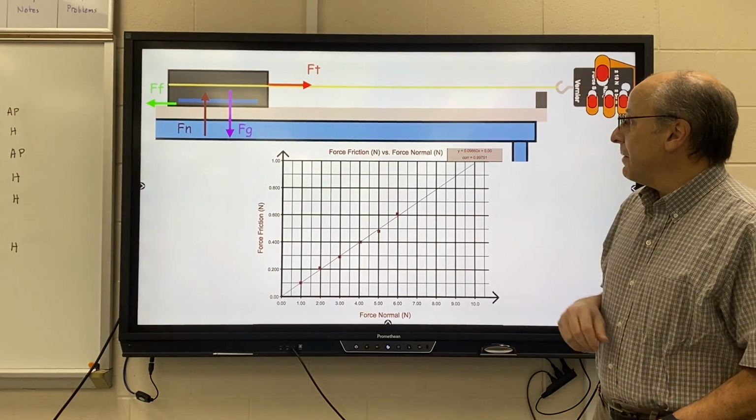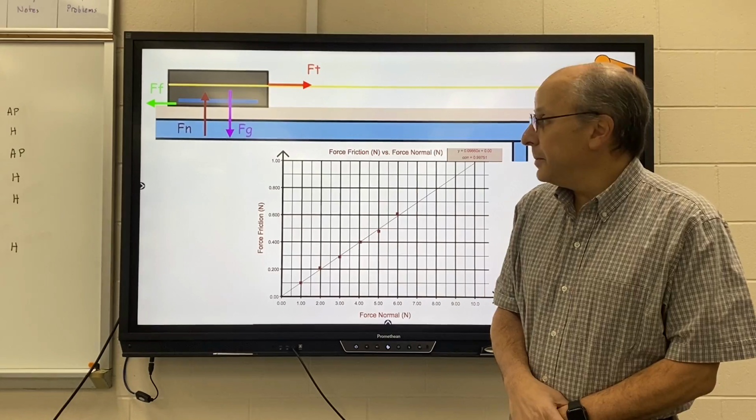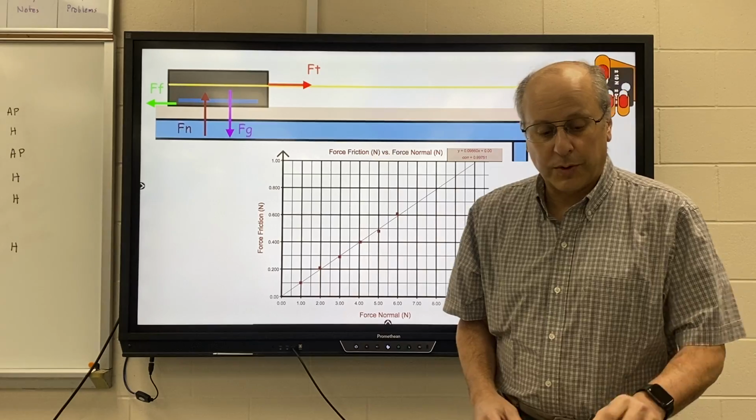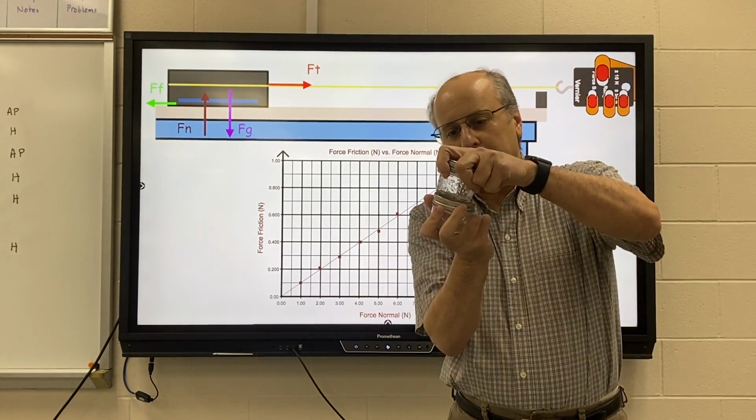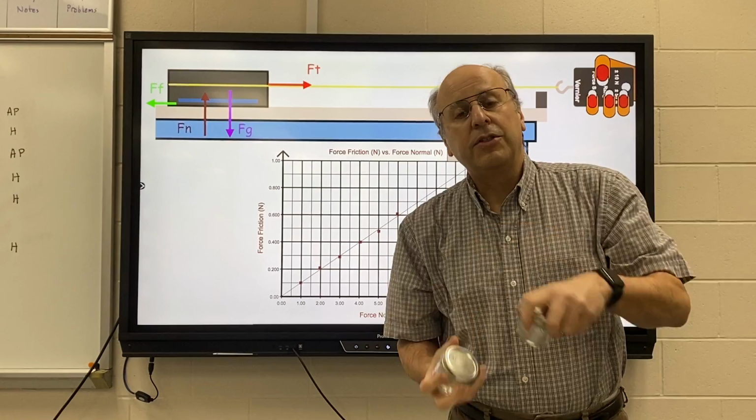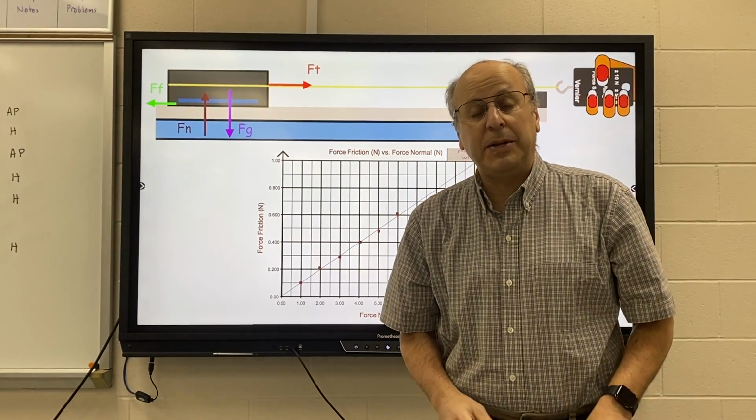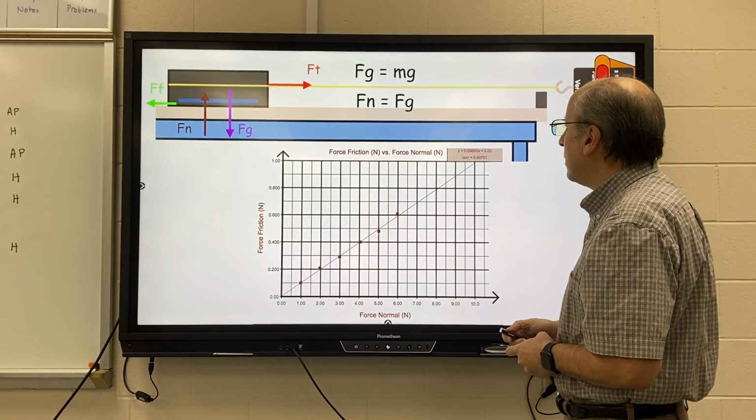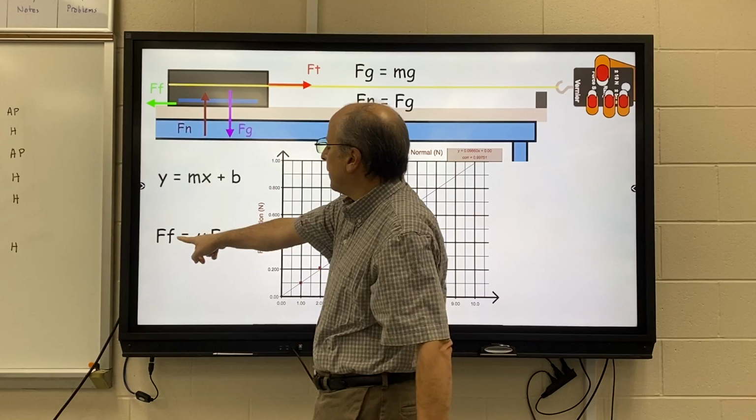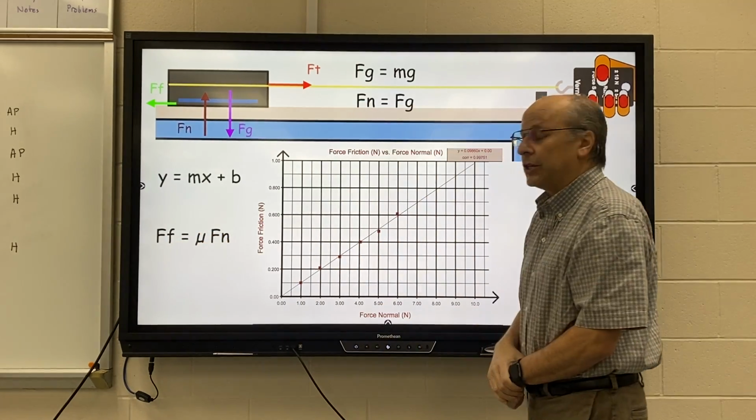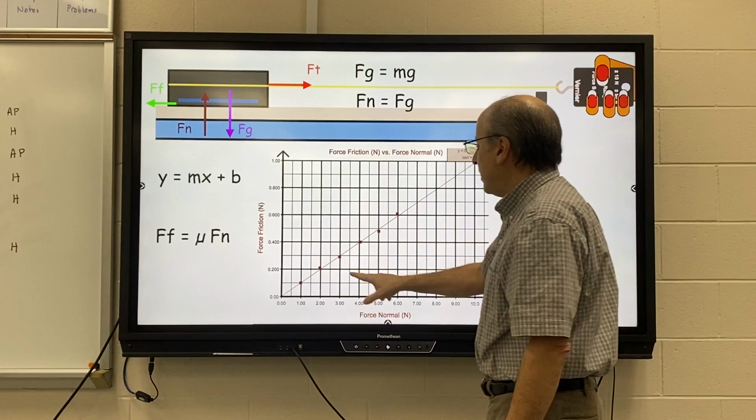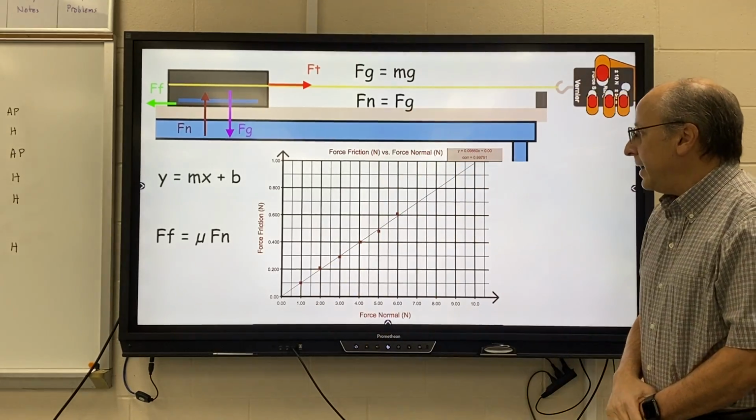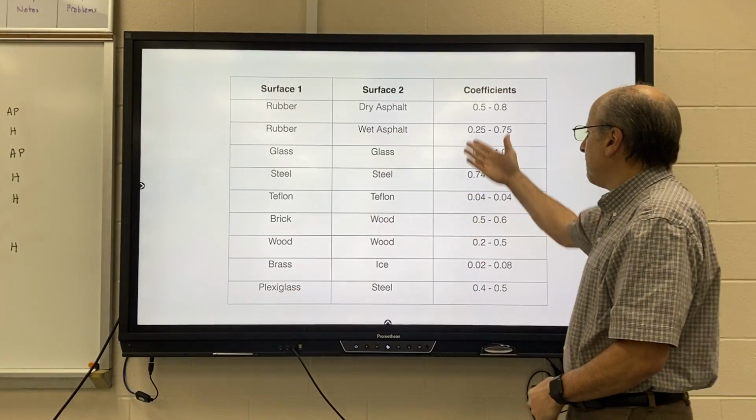So I want to start out by reminding you what we learned about force friction. We saw that force friction went hand in hand with force normal. The greater the force pushing two surfaces together, the greater friction that was created between them. We saw we had a formula that looked like force friction equals the coefficient of friction times force normal. That coefficient of friction is the slope of our graph,